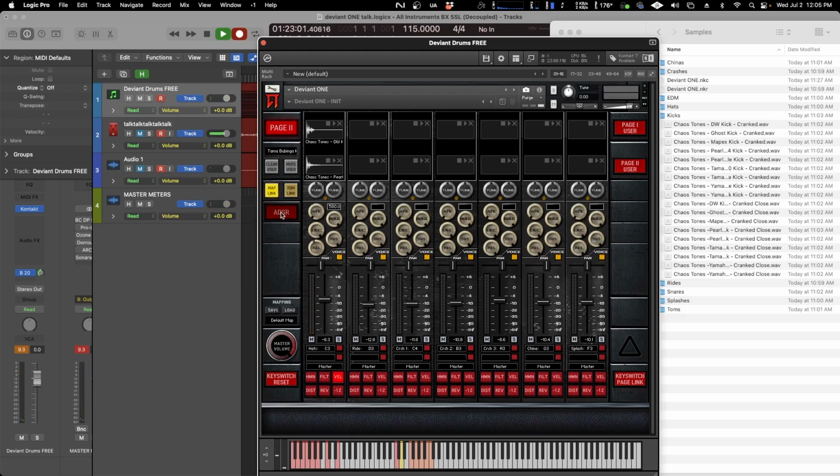So I can take the balance down so we're hearing more of this sample than this sample. I can move the tilt up so we're getting more click out of the kick. I can take the size all the way down, and I can tame the release so that we're hearing less of the sample itself, keep the saturation down, and I could even go for humanize. I could go for filter too, but I chose velocity tracking. And so now I could probably just drop this